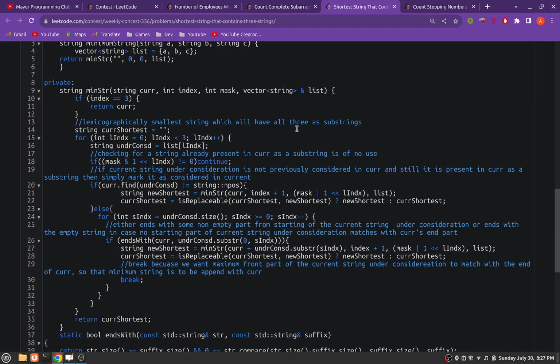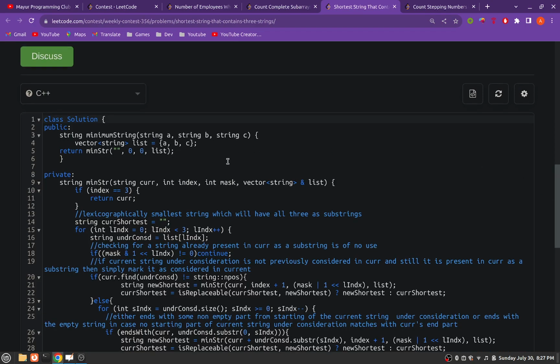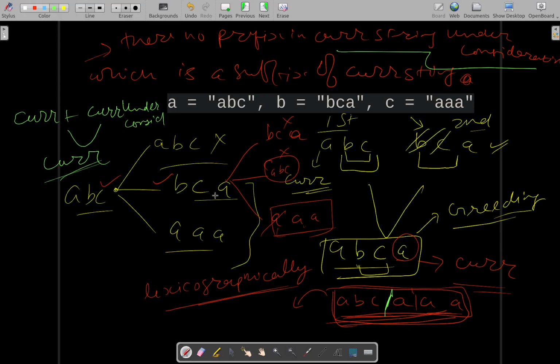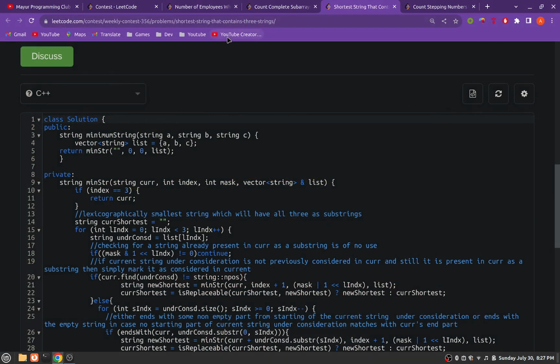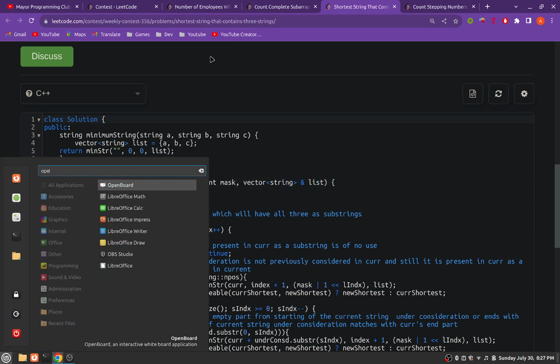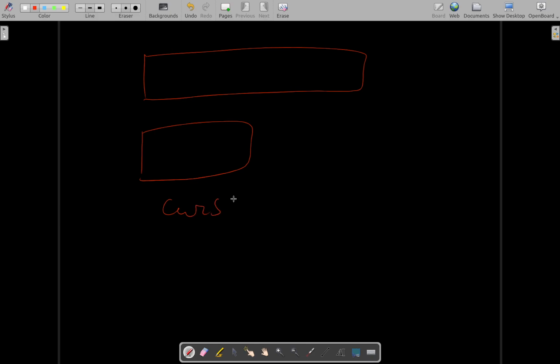What we'll do is, you may ask how we will be checking for the strings which are already added in the current string. Let's say this is the current string and you have added the string at the 0th index and the first index, only this one is remaining, and you have to check whether these two strings are added or not. So what you can do is